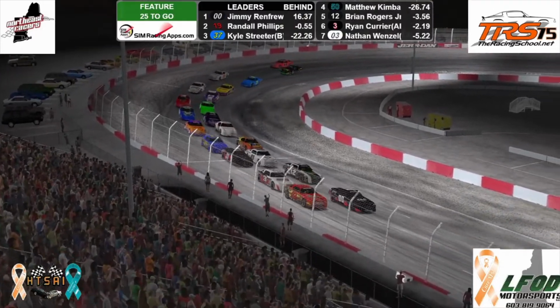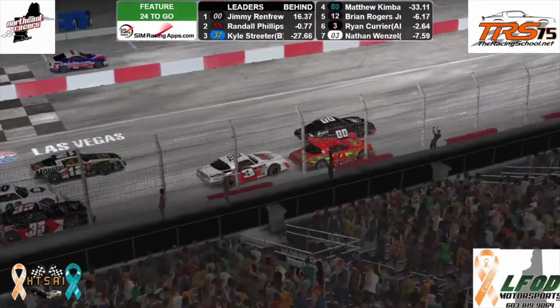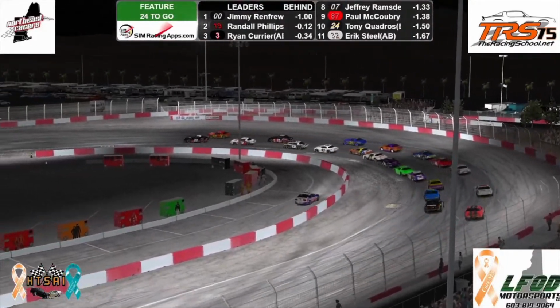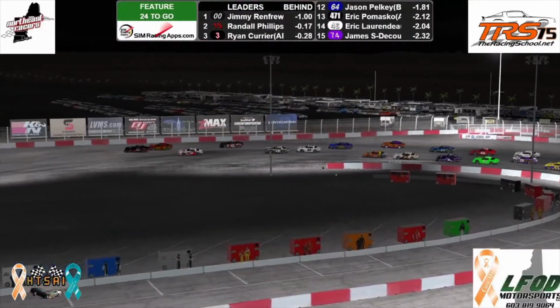Green flag is in the air. Here comes Randy to the outside. He's got the 3 car helping push him down into turn 1. 3 car ducks down low. We've got a battle right behind him for 4th. It looks like